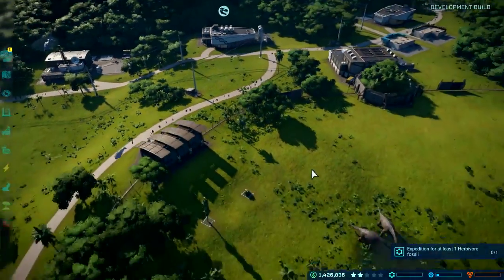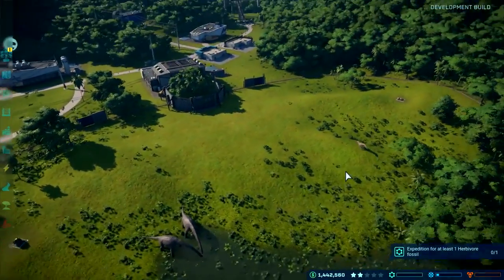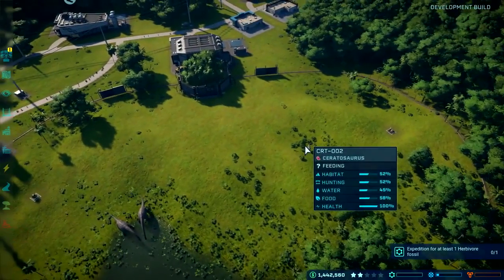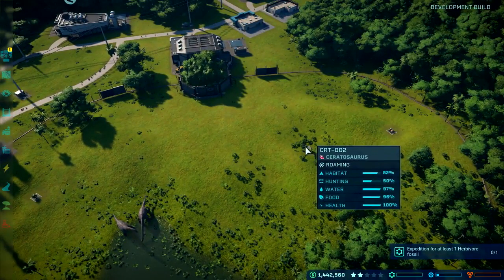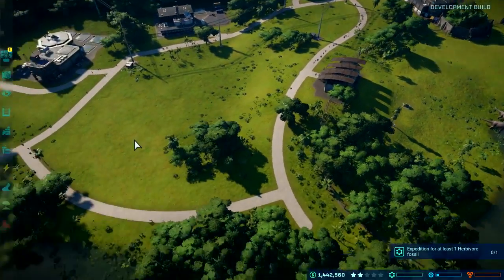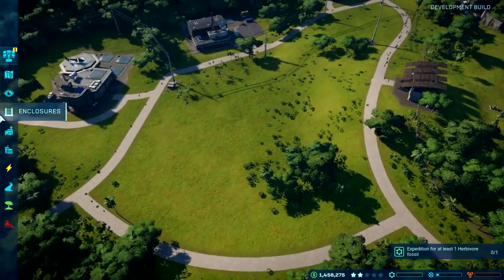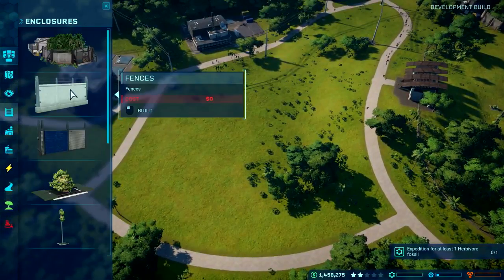Now, I have released a dangerous carnivore here into my herbivore enclosure, so that's not a great idea. I'm gonna try and move this Ceratosaurus to a smaller enclosure of its own over here. Now I'm going to create that enclosure first, so I'll head to the fence tool and start building the outline